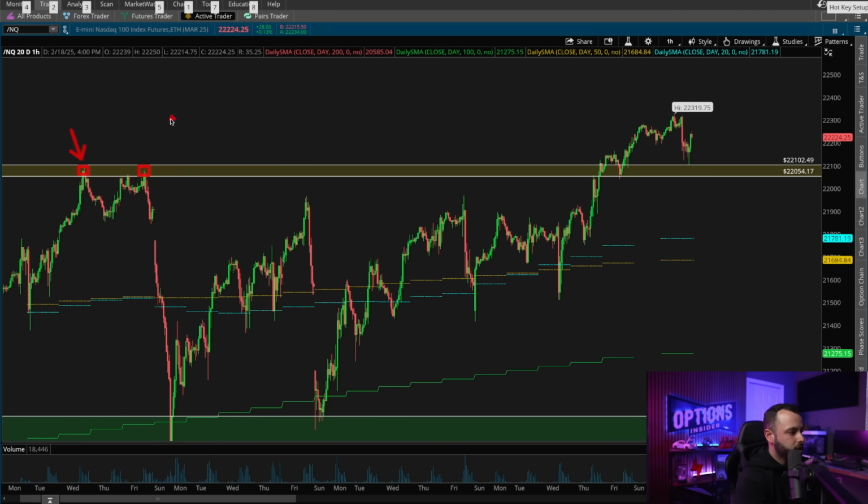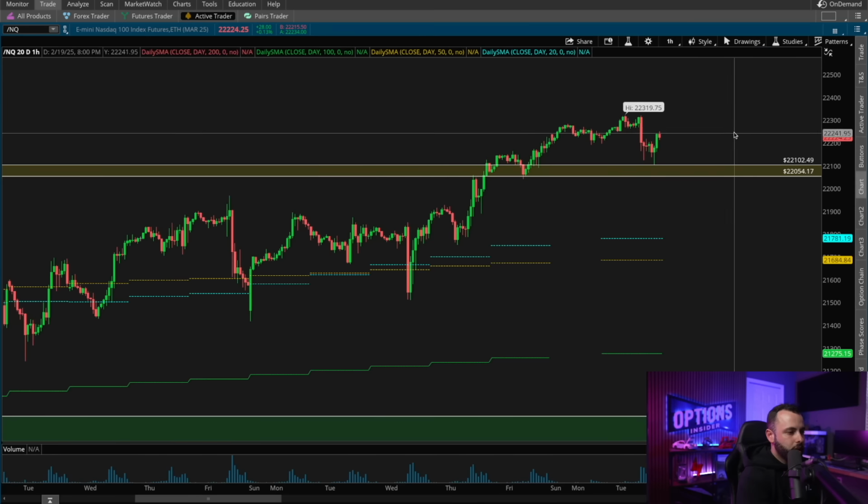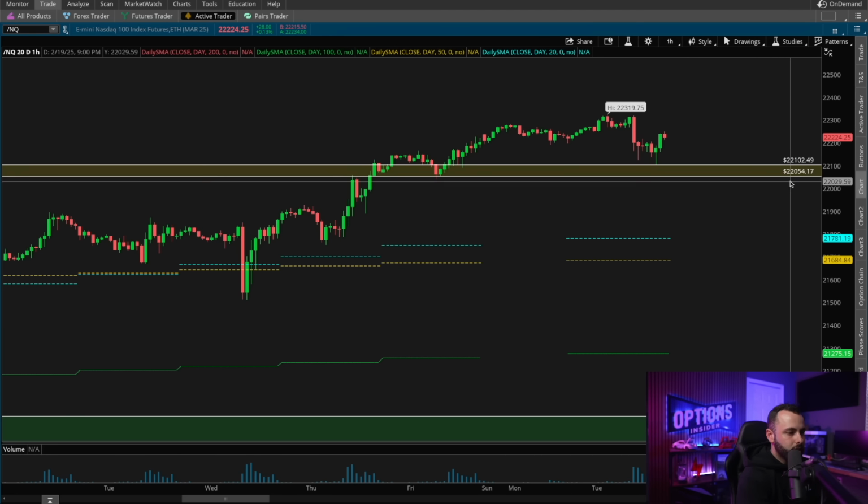We have a very clear previous double top high. Now here on Friday of last week, we saw that hold as a new support, which facilitated the upside move. Today, we basically saw an all-day downside into that level. And so let's go ahead and zoom into the hourly chart and start taking a look